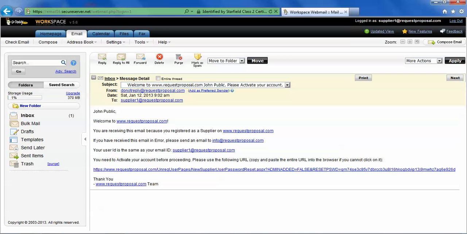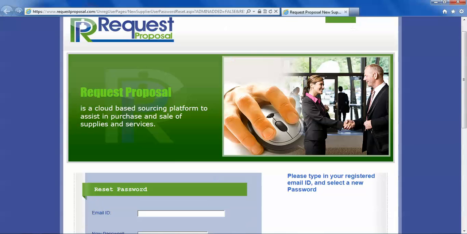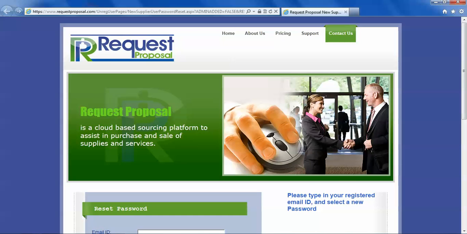Now, if you check the email which you entered as your email, you will see that you have received an invitation from Request Proposal asking you to activate the account. In most cases, you can just click on the link. But if you cannot click on the link because of your email system, you can copy this whole URL and paste it in your browser URL window, and it should take you to the same spot. Click on this link in this case, and you will be taken to requestproposal.com,